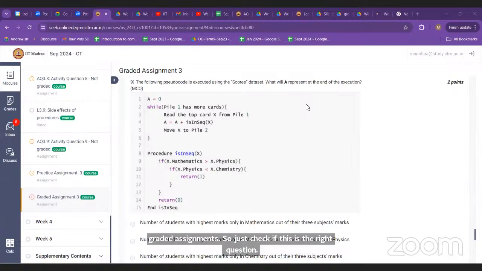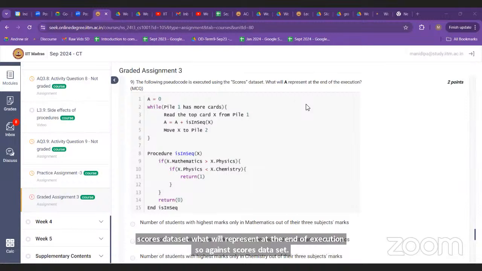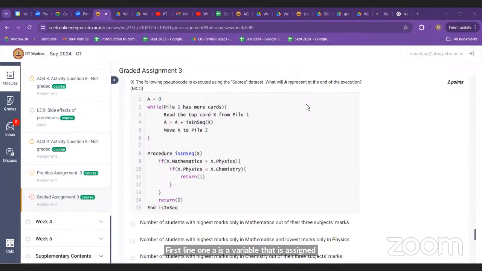Here, the following pseudocode is executed using the scores dataset. What will A represent at the end of execution? So again, scores dataset. First, line 1, A is a variable that is assigned the value 0. Line 2, we are iterating through the cards in the pile. Once the pile has more cards, you pick the top card X. And line 4 is saying A equals A plus is_in_sequence(X). So this is_in_sequence(X) is